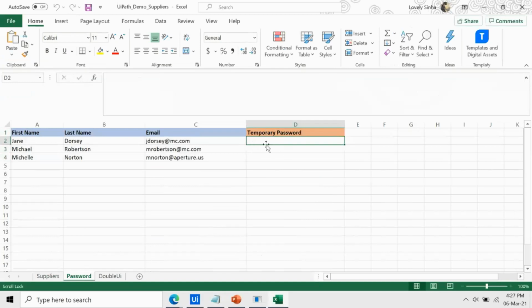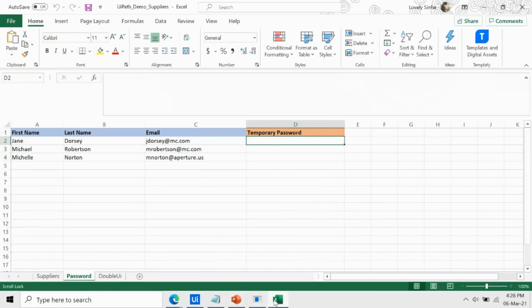If it is blank, then we have to get the data from the application and put it over here. Okay. So since we know that they are all blank, maybe we can skip the if logic part. We can directly get the password from the application and directly save it.